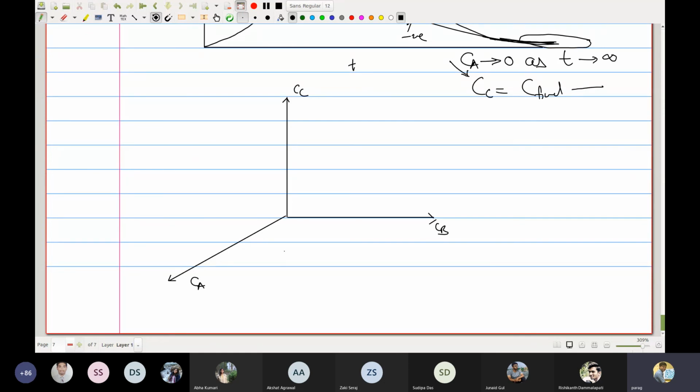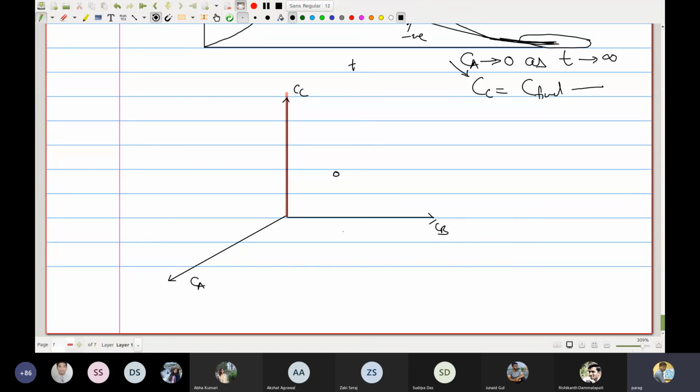And now you will need to draw the curves in this. For that, you know that this entire line is a solution. So you always point out an equilibrium solution. What you do is determine the equilibrium solution, and this entire line is an equilibrium solution, because there is no constraint on Cc, and Ca equal to 0, Cb equal to 0 is an equilibrium solution. Then you will find three eigenvectors.